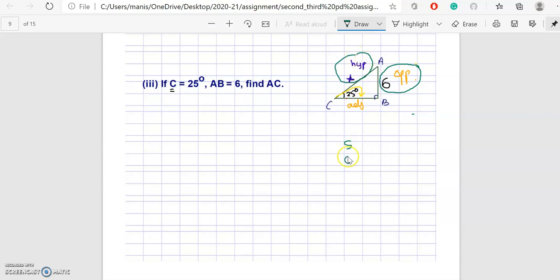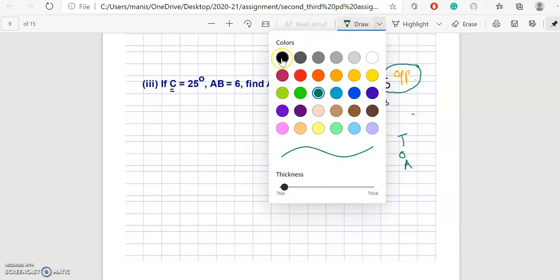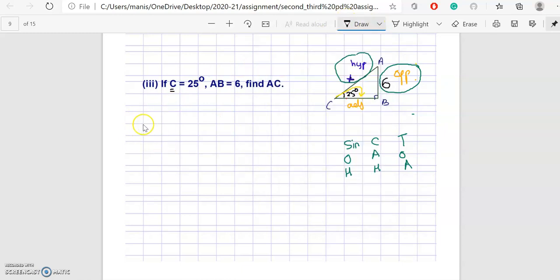Now your mnemonic is SOH CAH TOA. I want you to look at these two circles. It says opposite, it says hypotenuse. So which function will we use? We will use this function because it says opposite and hypotenuse. Let's set it up in the form of a proportion. So I'll write it over here, opposite over hypotenuse. I got these two ratios from these two circles because this is known, this is unknown, and our formula says opposite over hypotenuse. So we have to set it up using only these two.